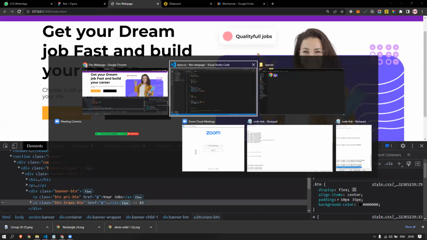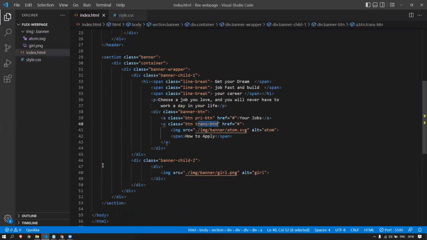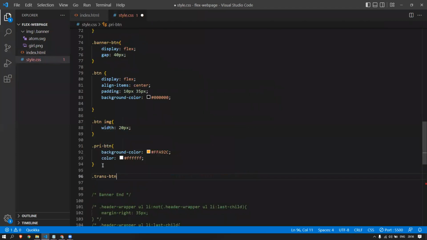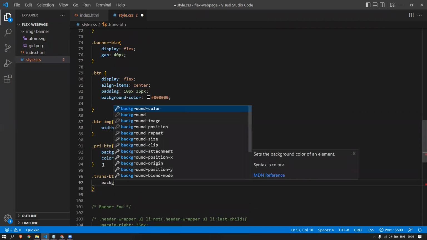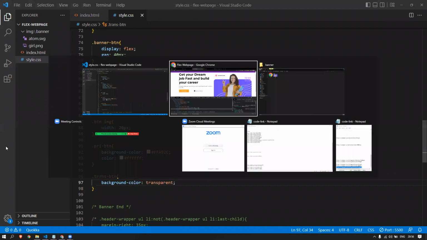Okay, with this trans btn, the transparent btn, because the color is transparent. So now I can call the transparent here. I can give the background color as transparent. Okay, so now it should not have a color. The background color. So the second thing, I need to give a space in between the image and